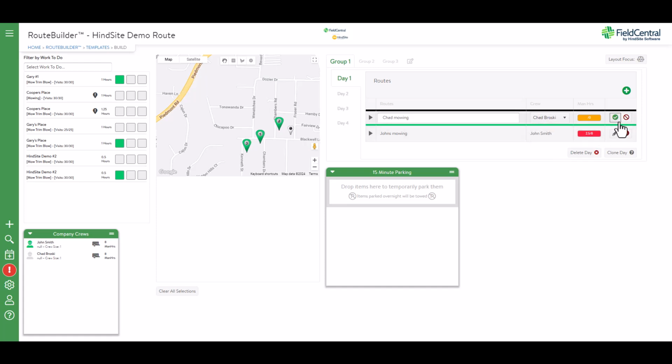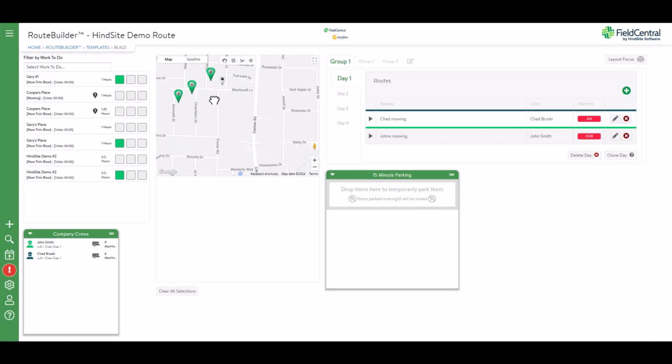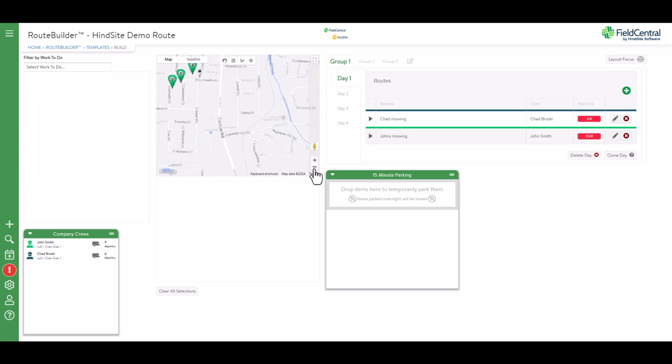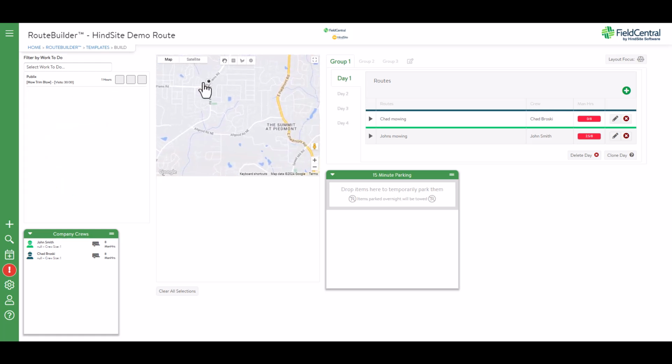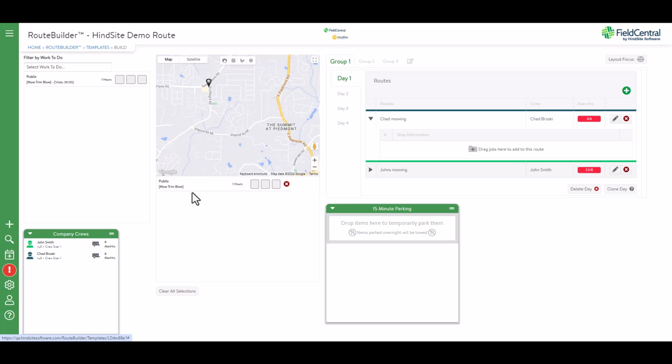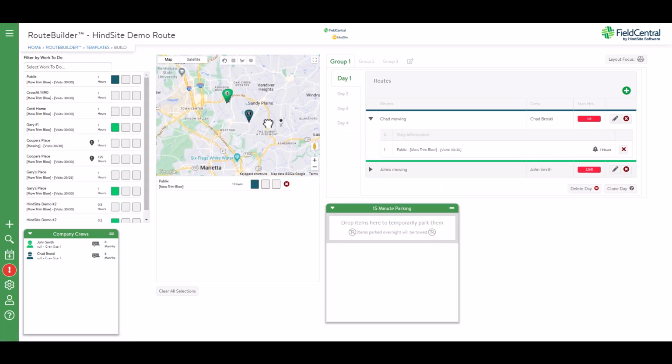Notice that work to-dos, when they are added to a crew's schedule, are placed at the bottom by default, and the orders seen within their route can also be viewed on the map for optimal placement. Once all work to-dos have been scheduled, zoom out of the map and use the color assignment of each crew to confirm all work to-dos are assigned appropriately.